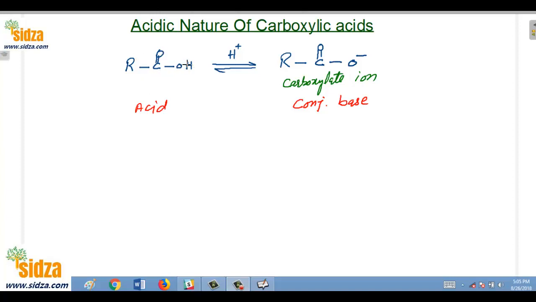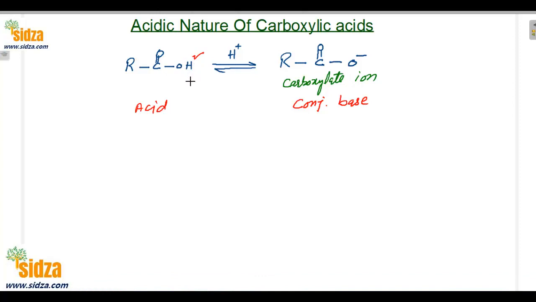When a carboxylic acid releases its acidic proton, you get the carboxylate ion, COO negative, and it is the conjugate base of this acid. And we know the strength of an acid depends on the stability of its conjugate base. If the conjugate base is stable, the acid will be stronger. So the same concept can be applied here. All those factors which increase the stability of a conjugate base will increase the strength of the